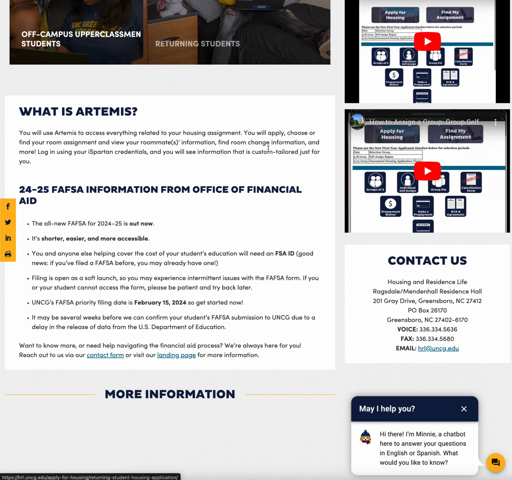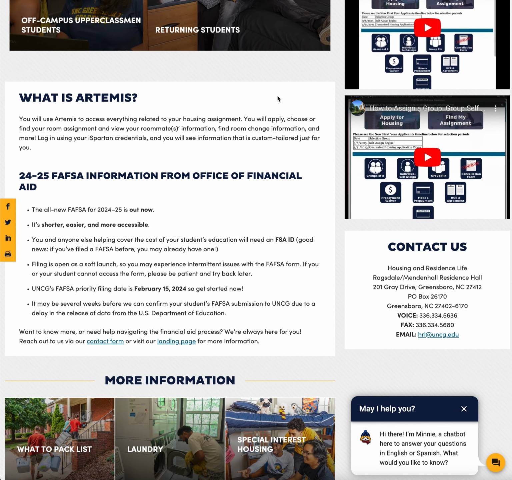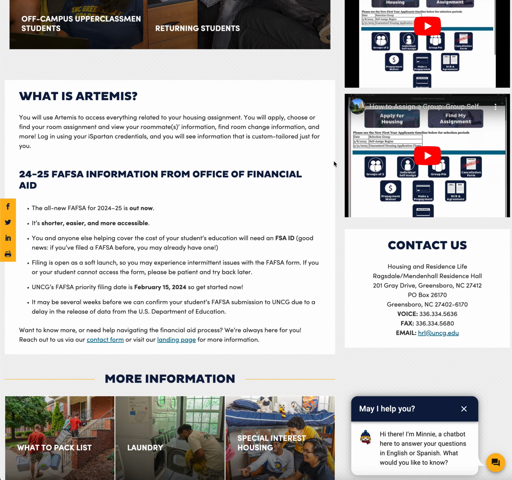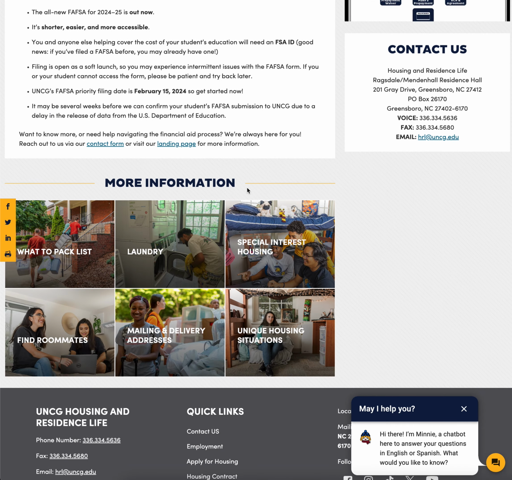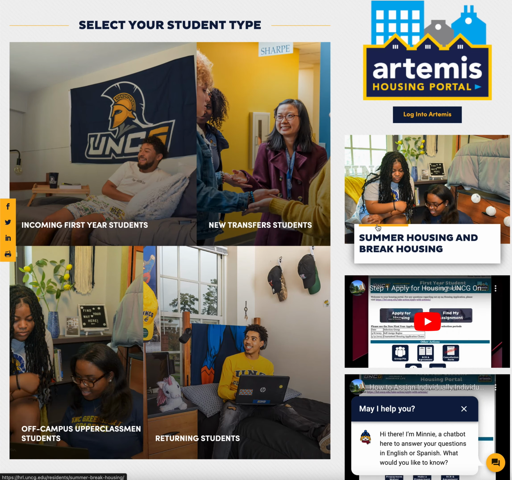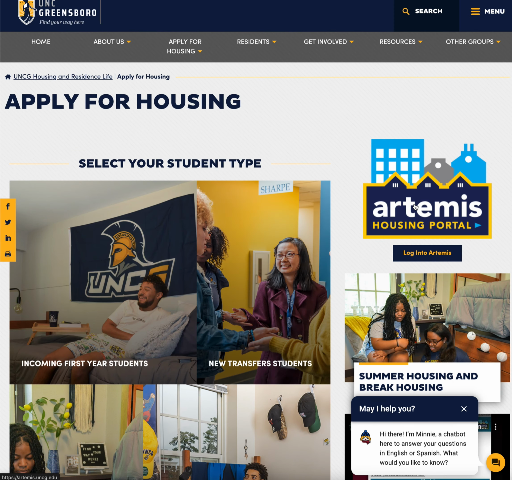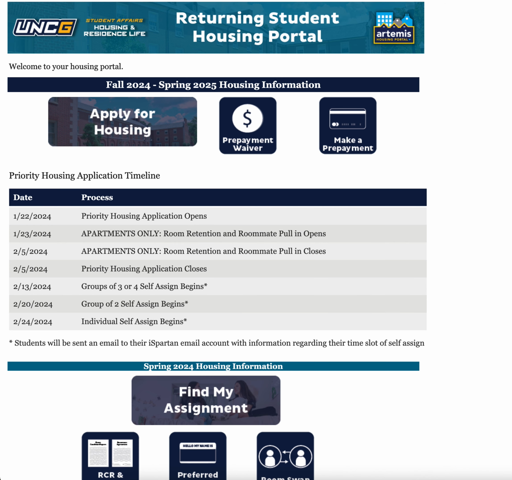So this landing page right here is going to give you all of our information and specifics about the housing process so you can get a better understanding prior to entering Artemis. We also have our informational videos here that you can follow our tutorials on, and then more information below. So where we are going to go is Artemis Housing Portal. You can either hit log into Artemis or you can click the icon here and it's going to take you to Artemis. Once you've logged in,